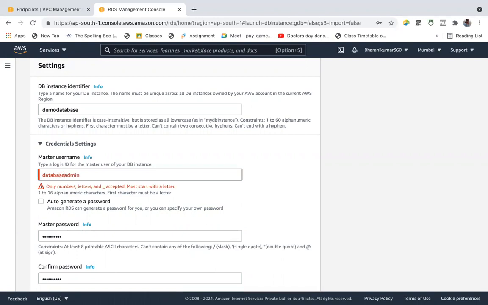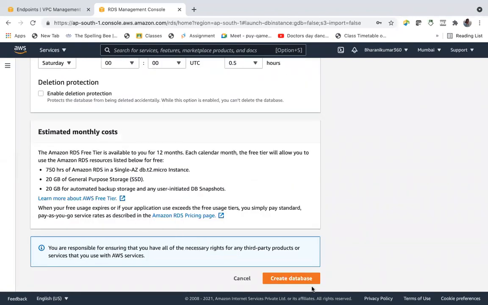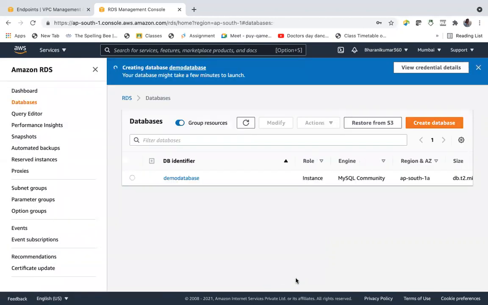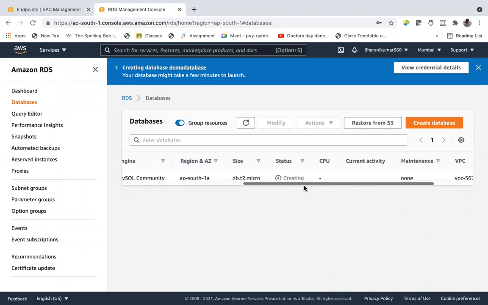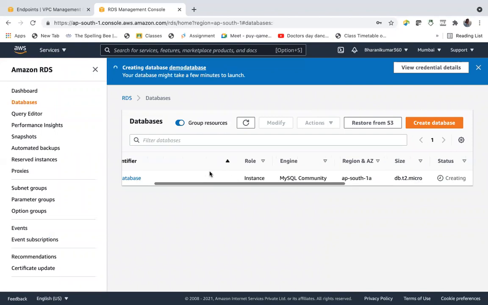Let's say database admin. Create database. Our database is getting created, status creating. You can see creating. It takes some time.